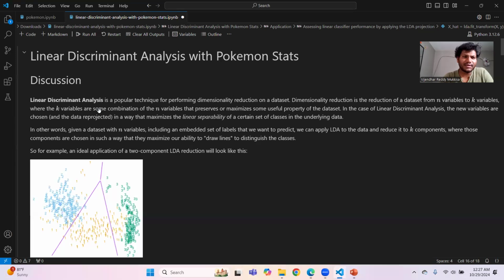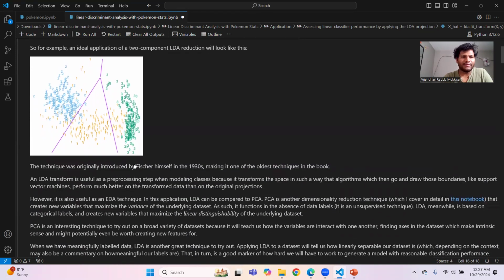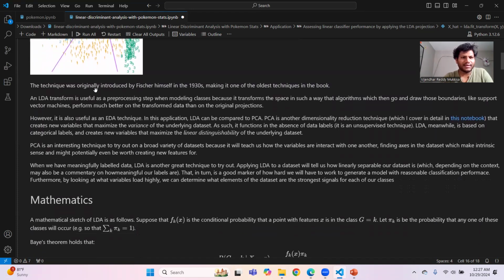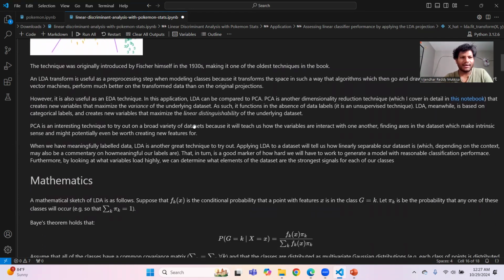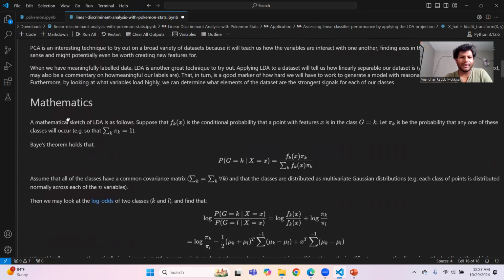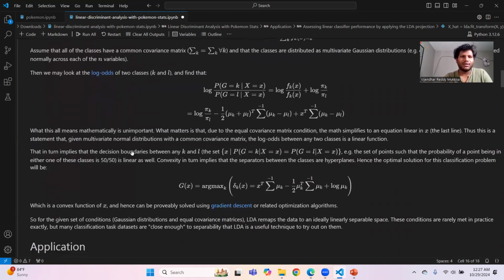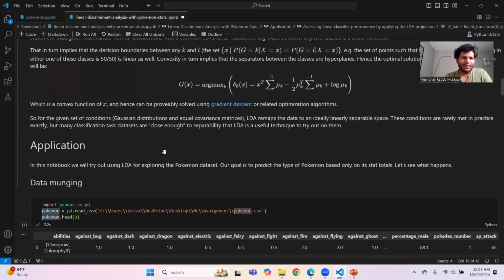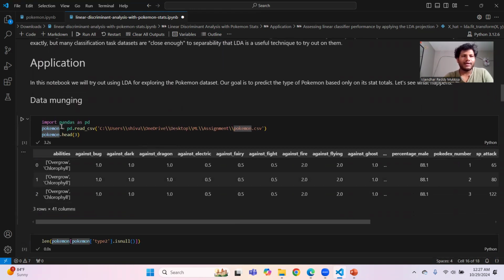It is all stating about linear discriminant analysis, and this is a graph. It is also stating that it was originally introduced by Fisher himself in the 1930s. And in the lines below, mathematical equations are also there in this case study. And coming to the core, I have taken this Pokemon data from the case study, from inputs,